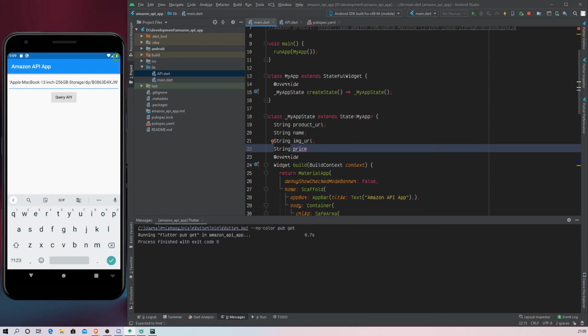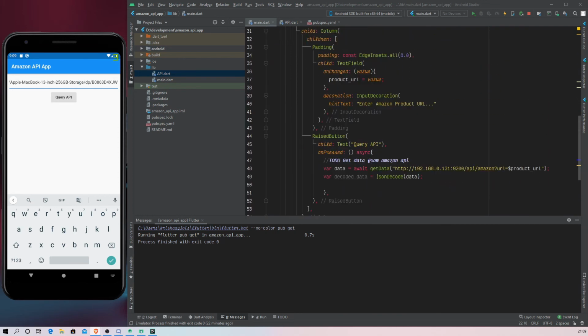Even though the price will probably be an integer, we'll convert it into a string anyway. If it already has the $ sign with the price, then it will be a string already, and if we convert it into a string, no harm done. But if it's an integer, we'll have an error. So we're going to convert it into a string later down the line, just to be safe.